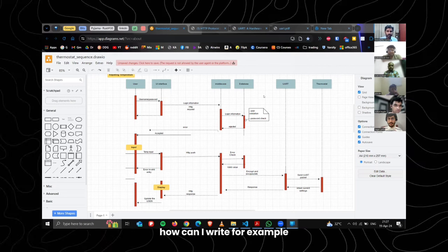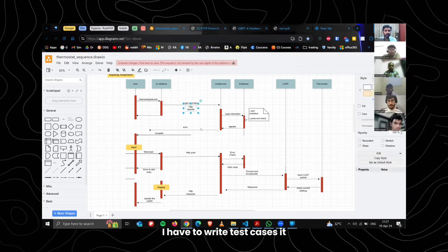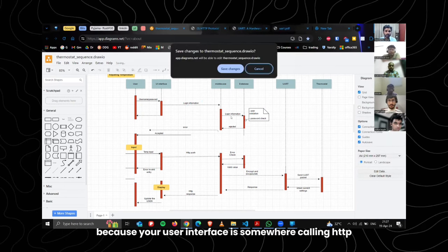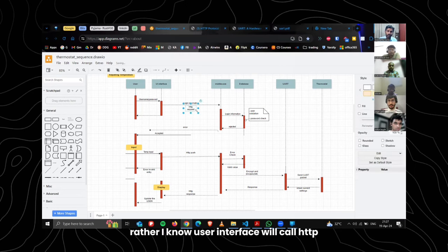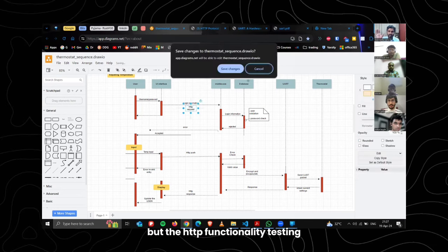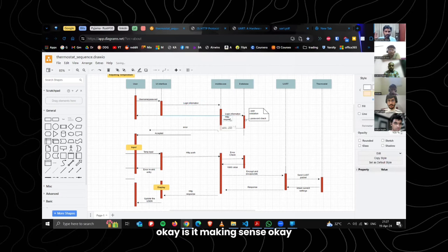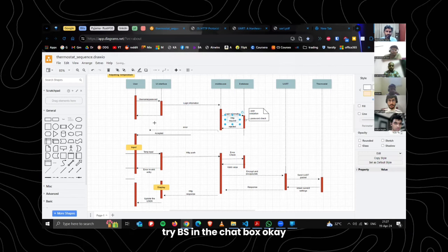For example, if I write UI interface test cases, they will eventually include test cases for HTTP also, because your user interface is somewhere calling HTTP. I know the user interface will call HTTP, but the HTTP functionality testing I want to keep separate. Is it making sense? Type yes in the chat box.